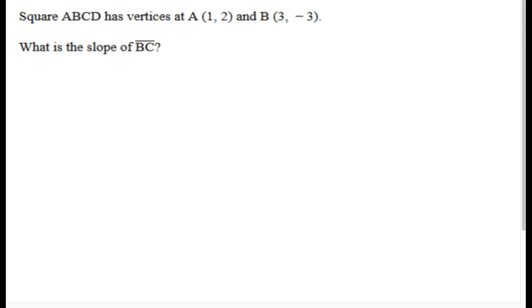Alright, so we looked at problems like this in our quadrilaterals chapter. This problem says we have some square, ABCD, and we're only given vertices for points A and B, and then we want to find the slope of BC. So what this problem wants us to do is think about